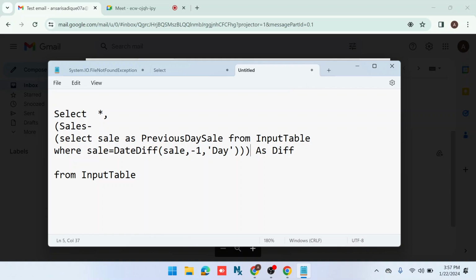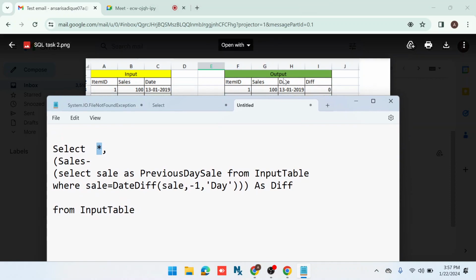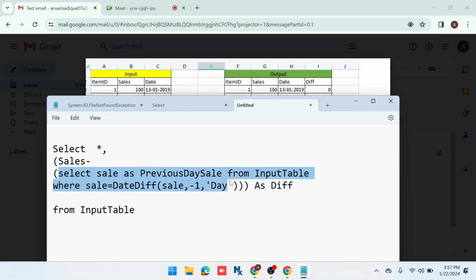I tried this, but I'm not sure it is correct or not. So what I'll do, select star, so it will display all columns that we want here. Now I am using a subquery to calculate the previous day sale. So I use a date diff function for the sale and do a minus 1